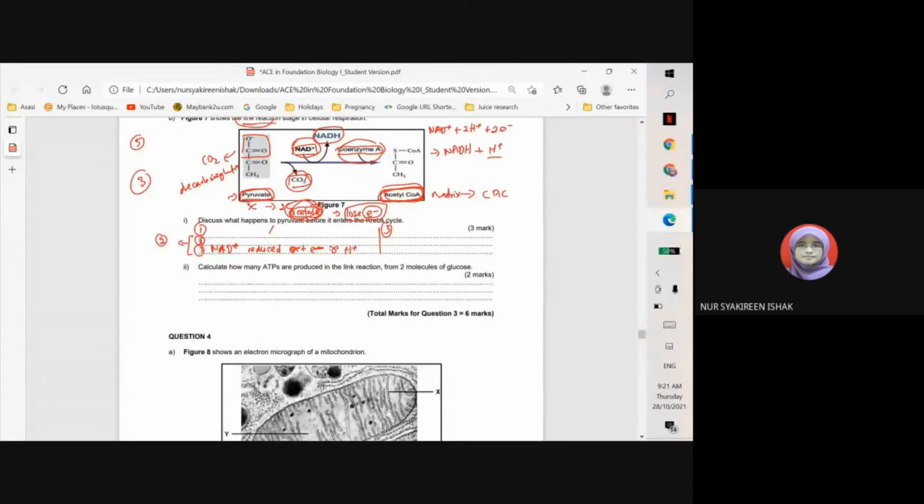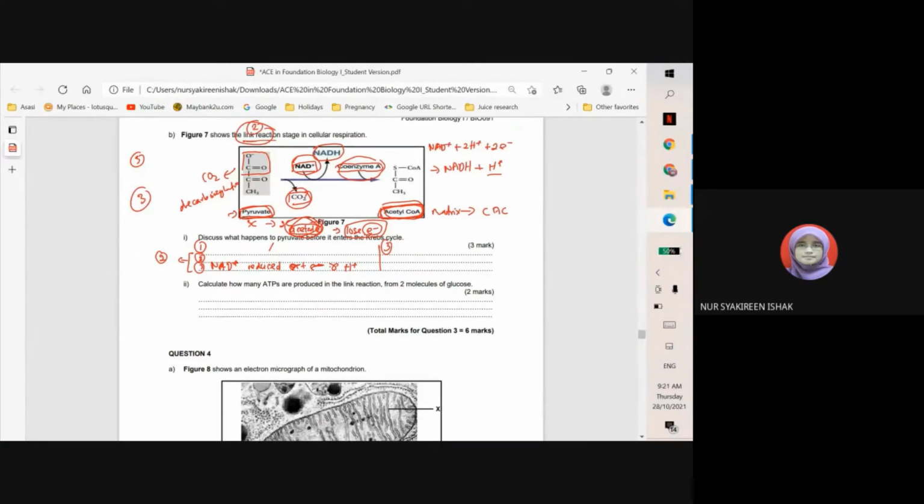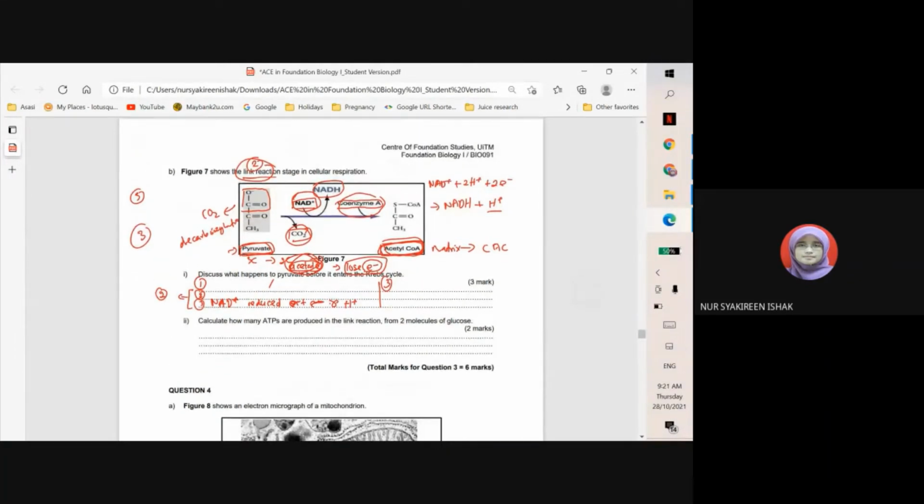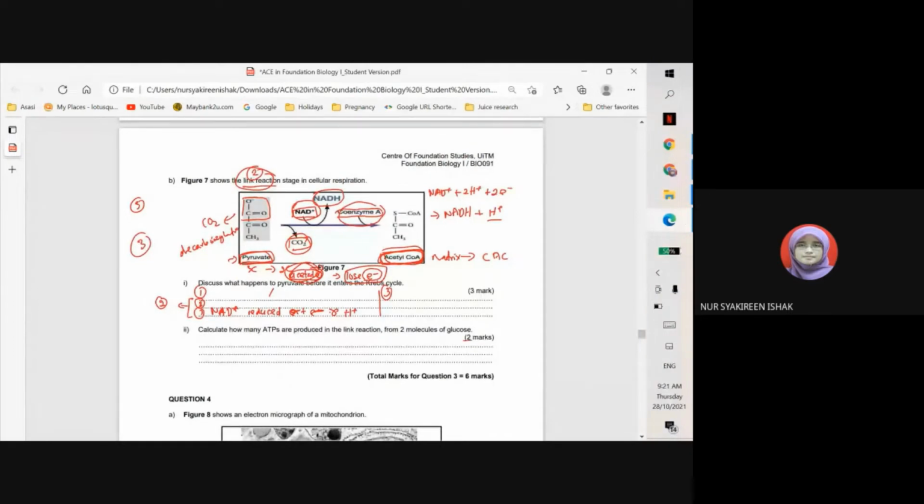Okay, so question number 2. Calculate how many ATP are produced in the link reaction from 2 molecules of glucose. So kat sini markah dia 2. When the mark is 2 marks, the first mark you have to show the calculation, and then the second mark is the actual answer. So kalau kita tengok dekat sekejap